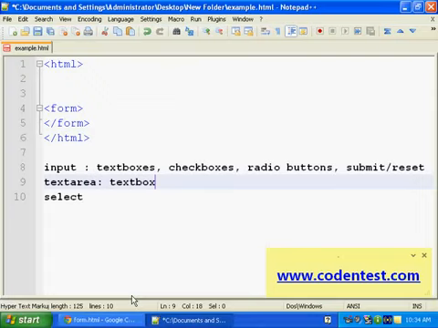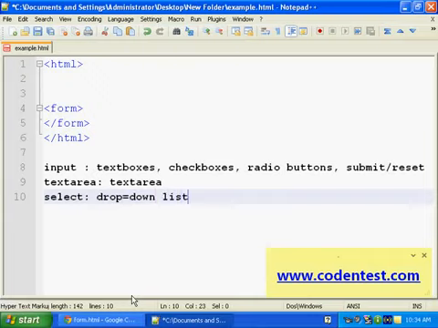Let's just write text area here, and select is used to create a drop down list, so that the user can select from a list of items. You will learn how to create these above mentioned fields in the next videos, but right now I'll give you an example,